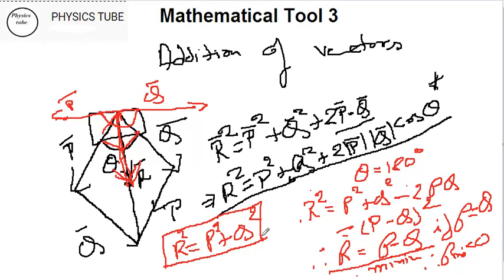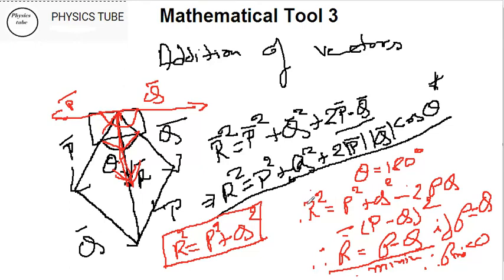I'll make another video just to discuss problems in vectors, because of all the three mathematical tools of physics I discussed, namely vectors, trigonometry and calculus, vector is directly used for numericals in work, power, energy, or maybe rotational motion, or in relative velocity, or motion in kinematics, in any form. They can directly ask you numericals on vectors. Even in entrance exams, they ask you lots of questions on vectors because it's considered to be a normal form of physics.